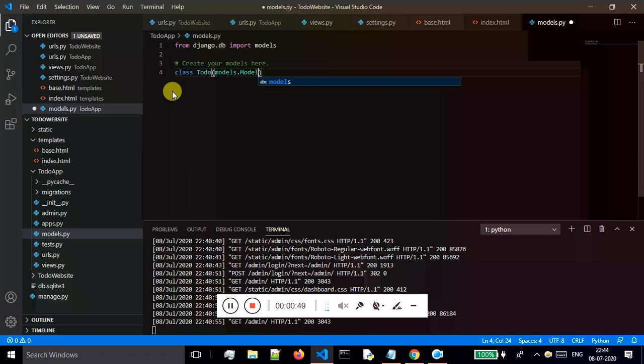Model. Over here everything is important. In models.Model, the M should be capital. This is case sensitive and later on you might get an error. Just put a colon and hit the enter key. After hitting enter, your cursor will come over here near the margin, and if you write code from this point, you will get an error. So again bring the cursor over here, hit enter, and it will come just below this, and over here you have to say